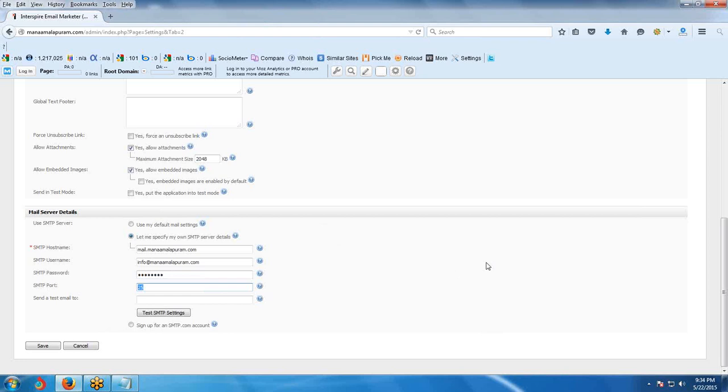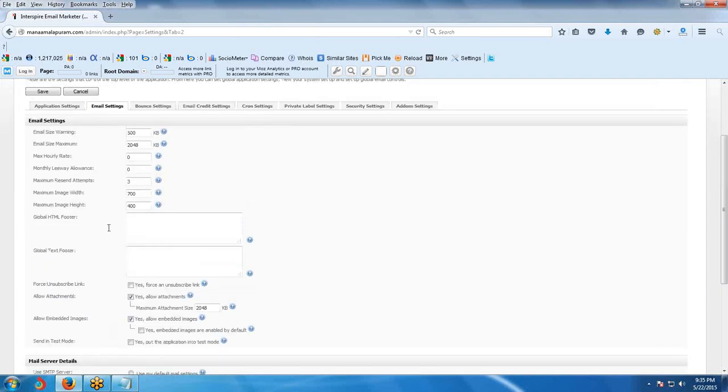Sometimes the SMTP port is 806, 529, 25, 26, or 80. 90% of SMTPs use the standard port, but some companies have different port numbers. If you don't know the port number, whenever you purchase the hosting, at the starting we get one welcome mail. On that welcome mail, we get the SMTP hostname, port number, and incoming mail details. So there we can check. Otherwise, we can contact the hosting provider.